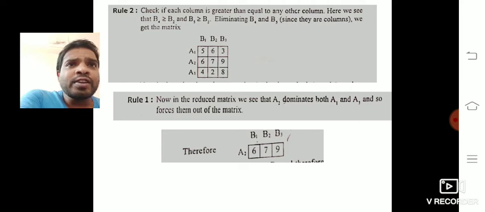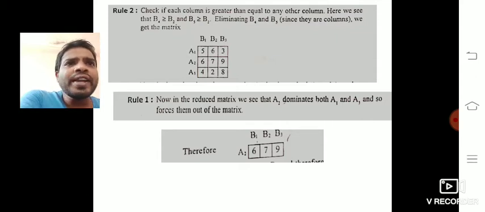Here we can delete 2 columns at a time by comparing those elements with 1 column. B4 and B5 columns dominate the B2 column elements, so when it comes to columns we can delete the dominated column. So we can delete the B4 and B5 columns at a time, and column-wise we are left with only 3 columns. In the row-wise again 3 rows are there.